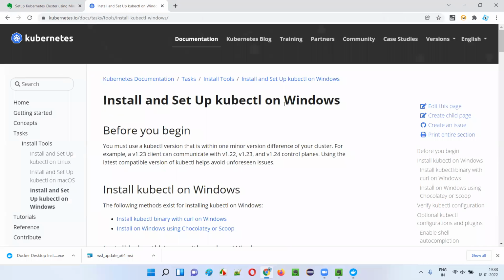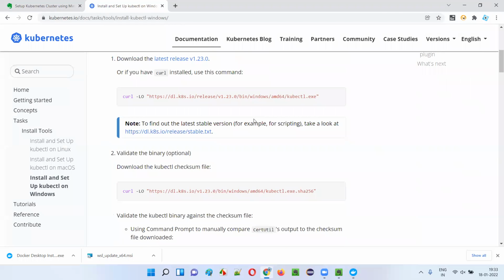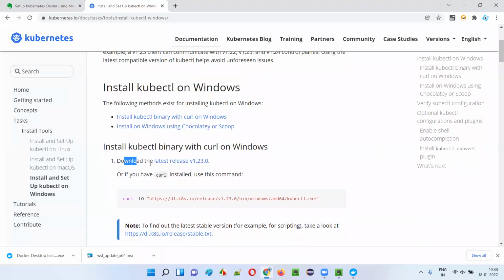So again, this page has come. When I clicked on that link, again scroll down, guys. Somewhere here you will find a link, guys. Download the latest version of kubectl for Windows. Click on this. It will download the kubectl. It will not take much time, just seconds. It will be done. Let's wait